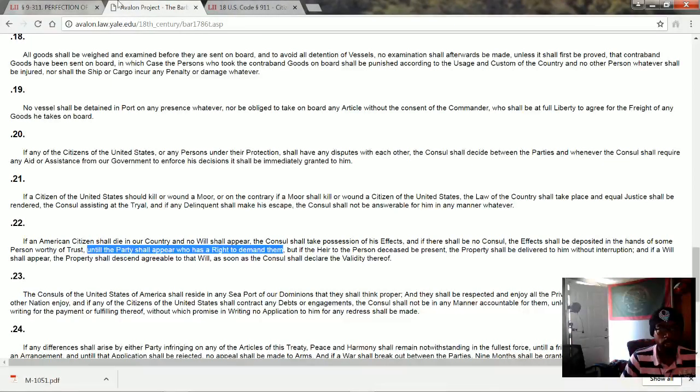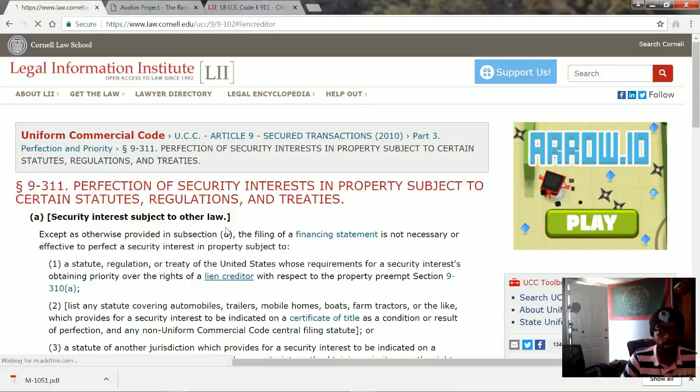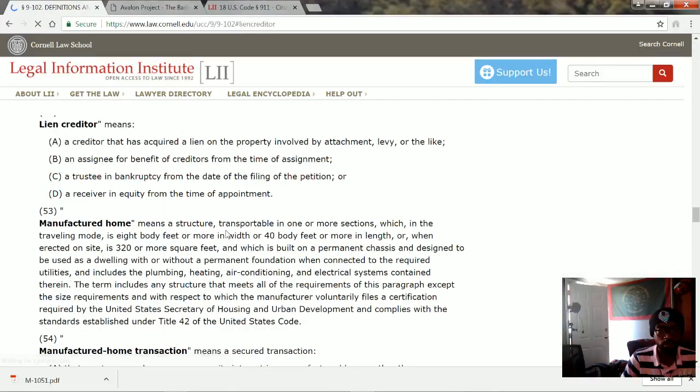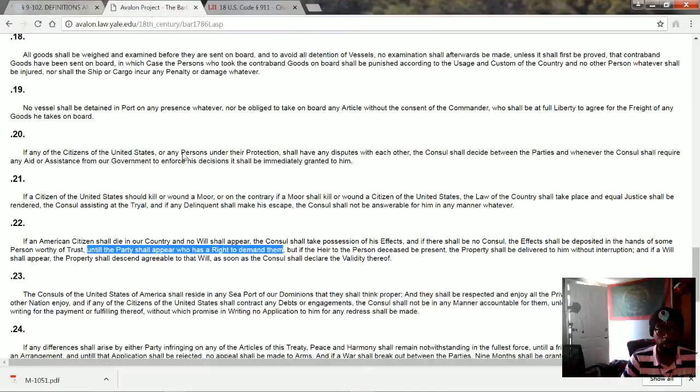That party, who they're talking about, is the lien creditor. So if a creditor comes and they have a lien, and they show they have a lien by a mortgage or attachment or a deed of trust, okay, for the property, then that's that. That's what's being spoken of here. Until the party shall appear who has a right to demand them. But, but, but,